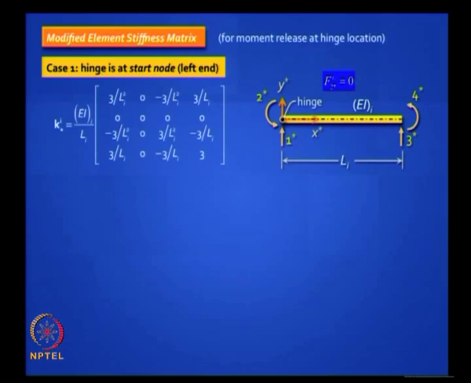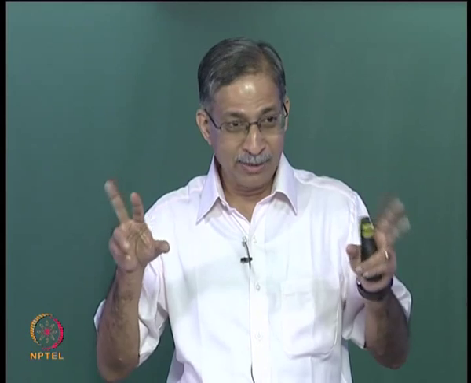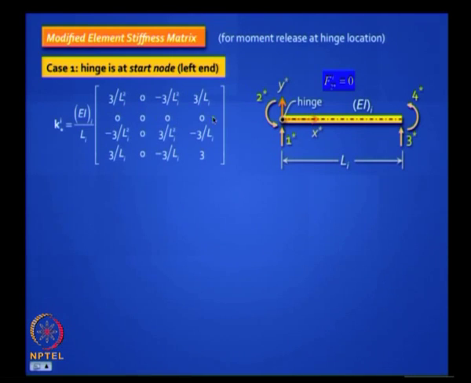So I will show you this and then we will discuss this. First thing to note is in that matrix the second row and second column will be 0. Just like remember when we did for the truss element, we said the shear force is always 0. So the second and fourth rows were zeros. So first thing you do is no matter what happens, F2 star will be always 0. Is it clear? So these two, second row and second column will be 0. Then you have to fill in this. So how do you fill in this?